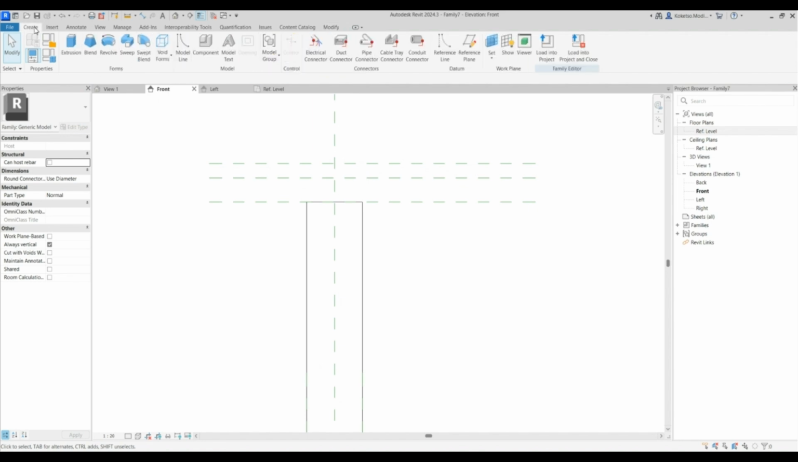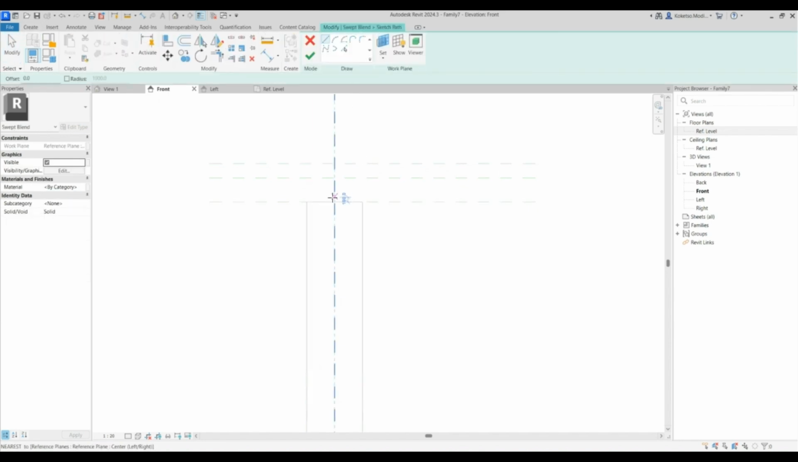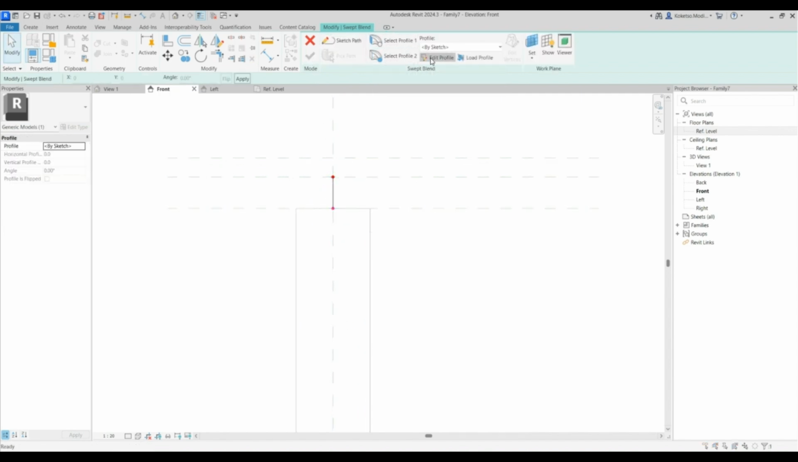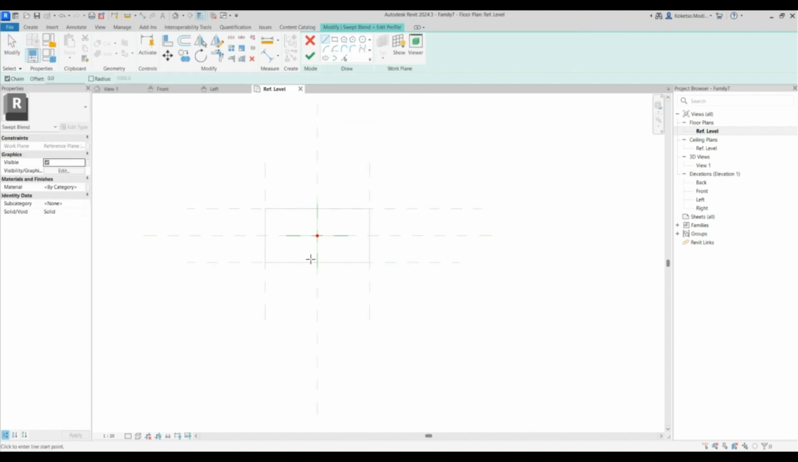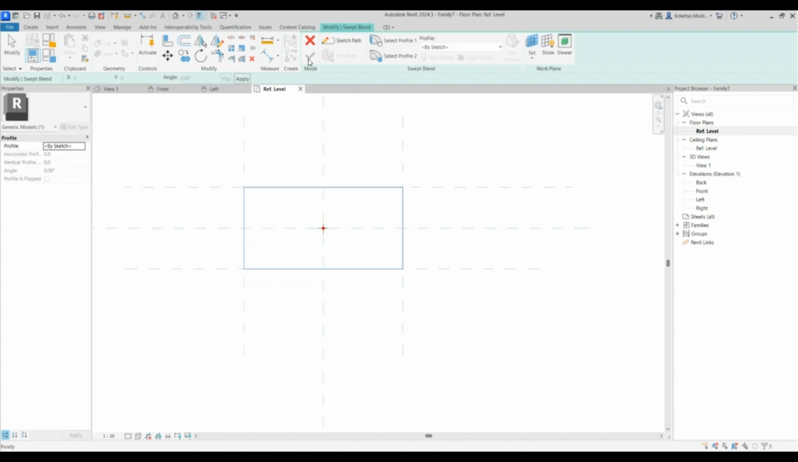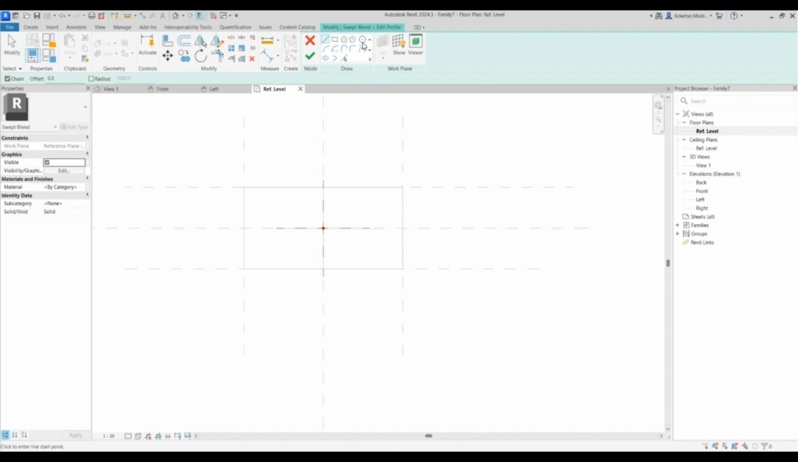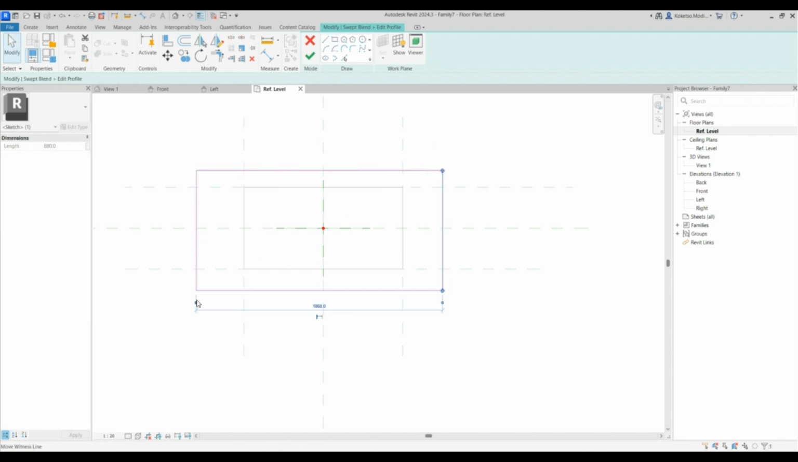Then I'm gonna go to create and say swept blend for two profiles. Place my path like this, and then lock it, say finish edit mode, select profile 1, edit profile, go to my floor plan, place it like this, finish edit mode, profile 2, and say edit profile, and then I'm going to place another one like this. So this one, I'm going to offset it from this point by, let's say, 250,